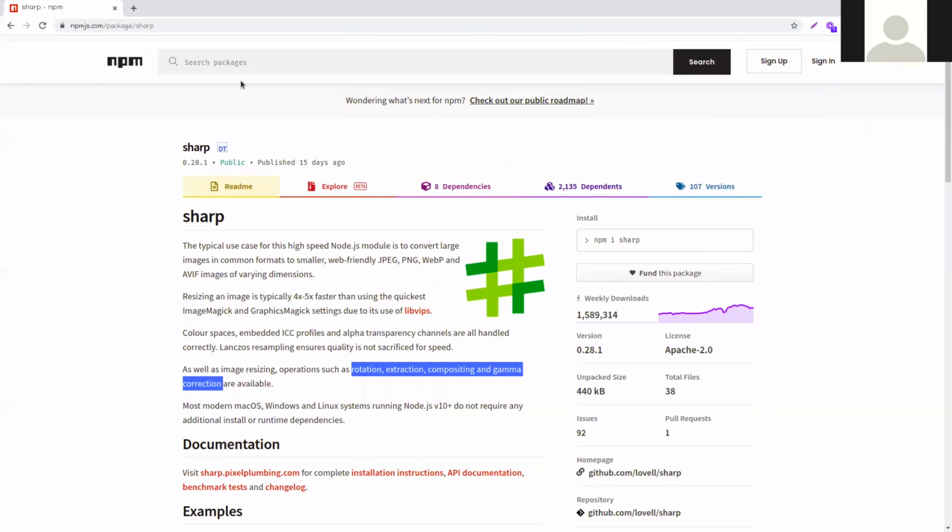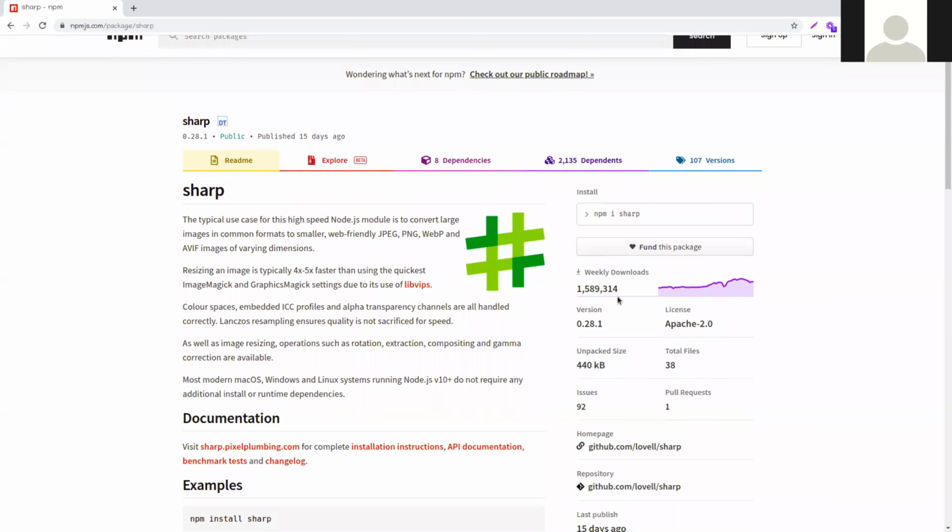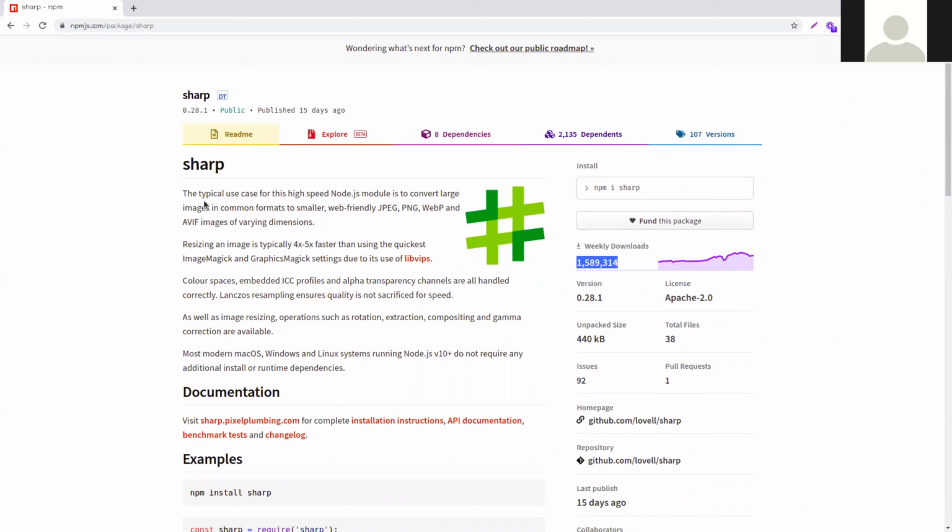So this is Sharp. First, I am telling about Sharp. What is Sharp? You can see this is a very popular npm package. Sharp is basically to resize your image. If you want to do any enhancement with your image, like resizing, rotation, extraction, composition, gamma correction, this type of thing, then you can use Sharp.